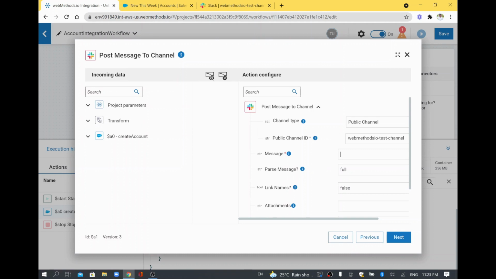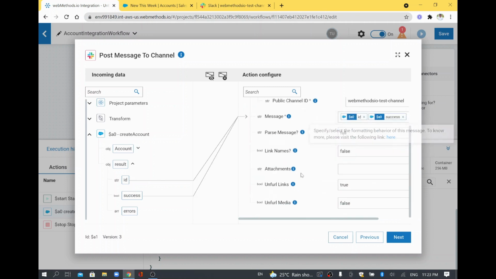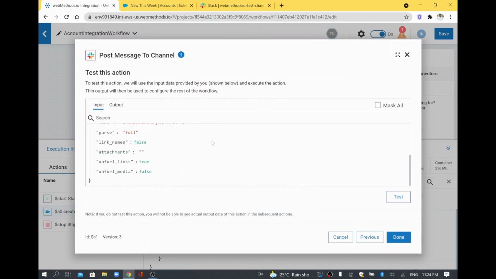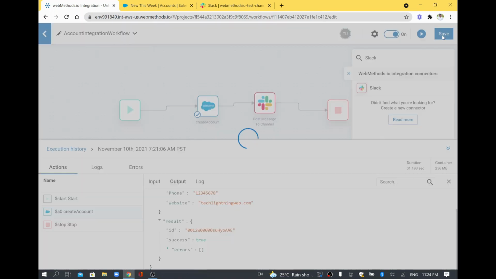This message, what I'll do, I'll take it from the result. So result is nothing but this ID. So this I'll put it. Okay. So success also, if I wanted to put it, I can put that as well. So now I'll save this one. So what will happen whenever this account is created in Salesforce successfully, we will get the response as the SF ID, and also with the result, the Salesforce ID also will get it. For example, I'll just done it here, and I'll save this one.